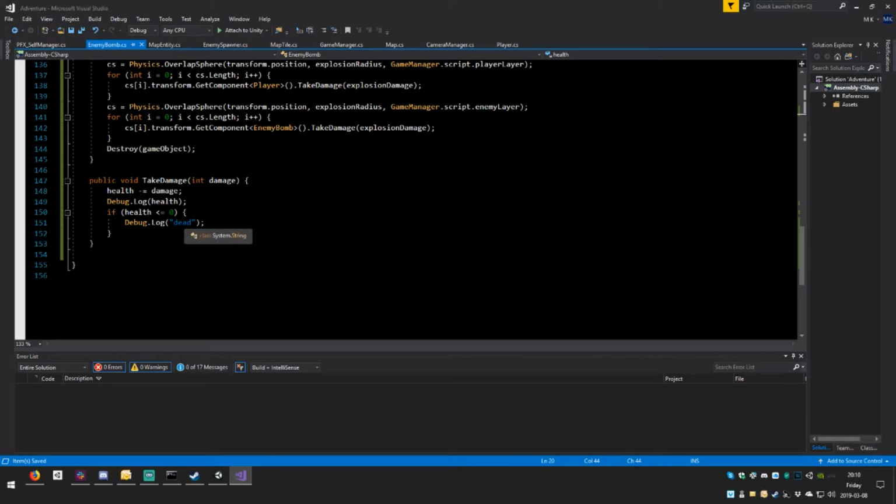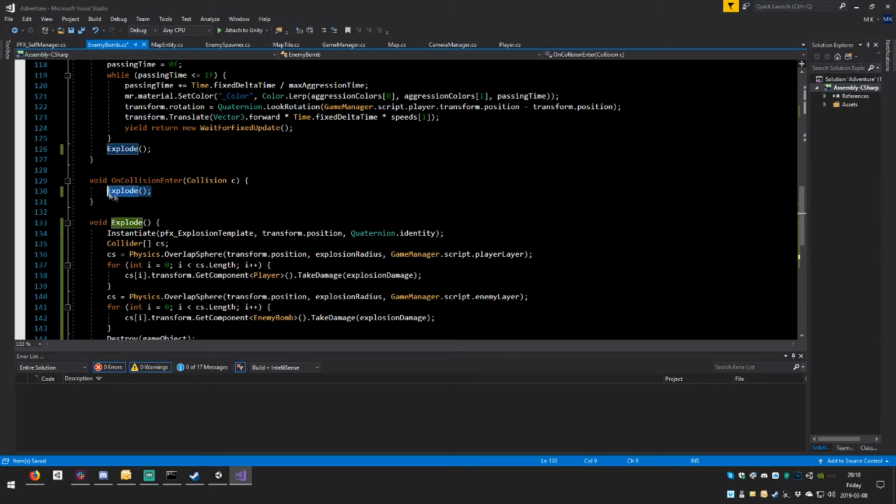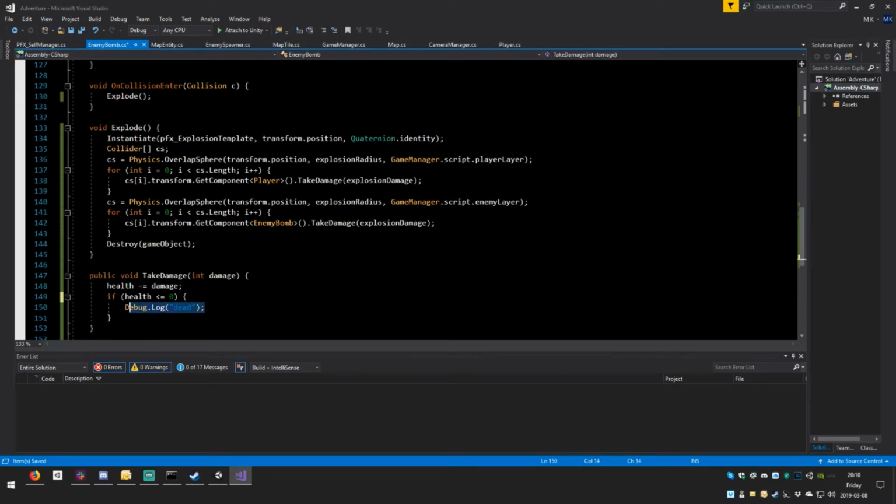Let's just remove this, especially because we're not gonna do this. What we're gonna do is call explode. Copy this and paste it here. Now save. Now one thing I want to do for absolute security is make sure that we